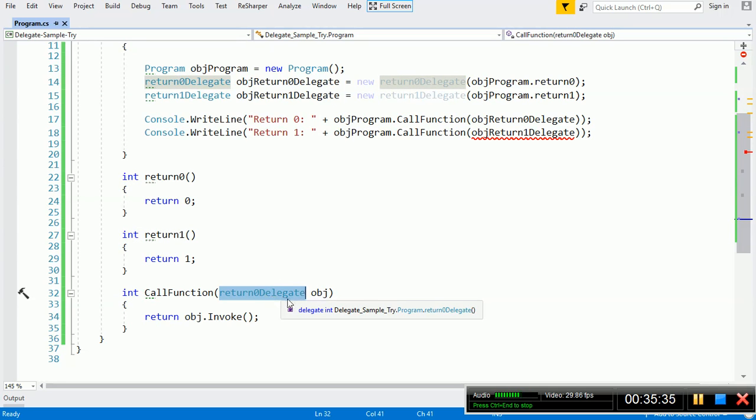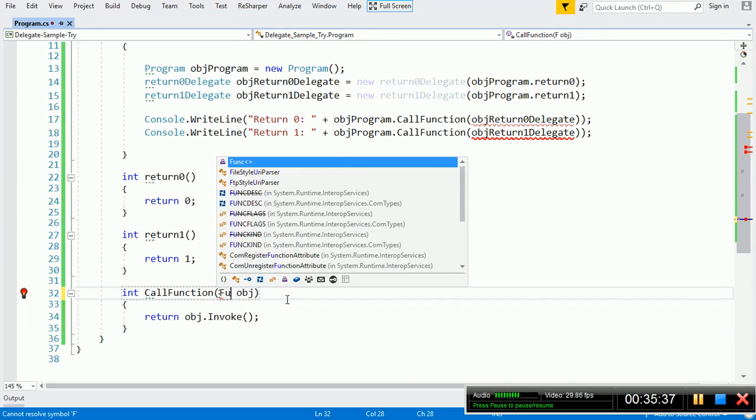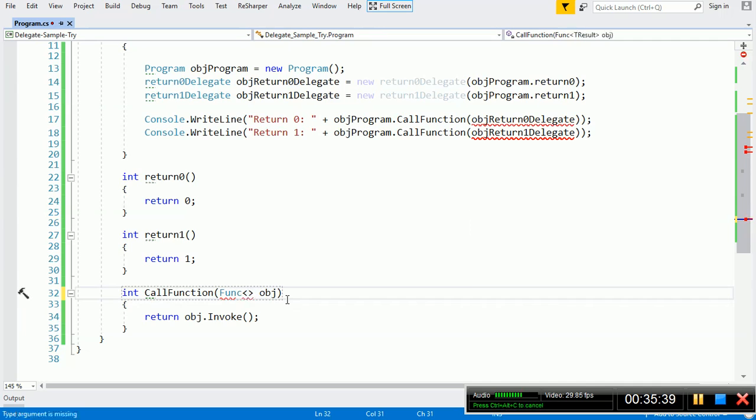So we can declare a func delegate here. First of all we want to pass all the argument types. Since these two functions didn't accept any argument, I will keep that empty, and then the final argument is what this function will return.